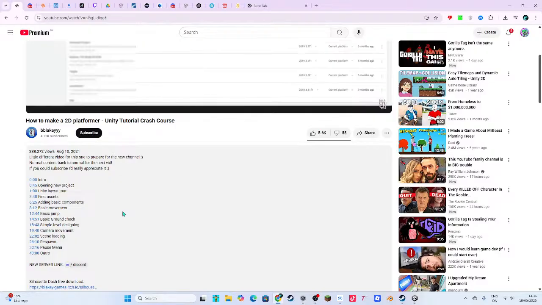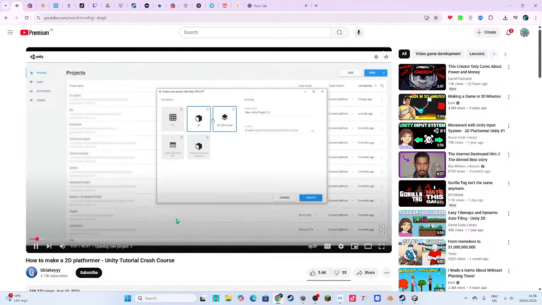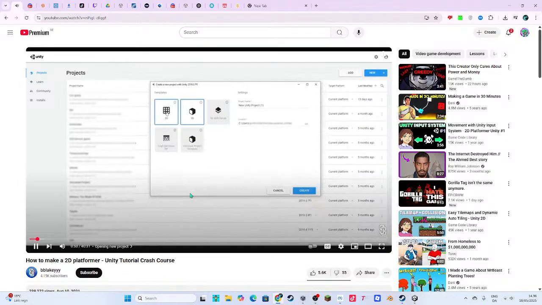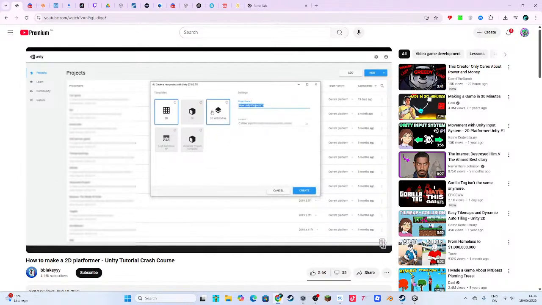Right, so the first thing we are going to go and do is we are going to head up to this little new tab in the top right in the Unity hub, and we're just going to go ahead and start a new project. So we're going to go to 2D and we're just going to call this